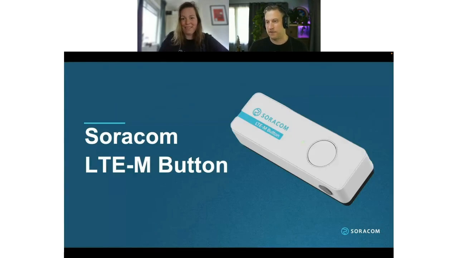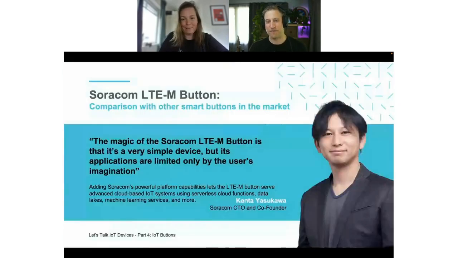So we made a button that fills certain use cases, and what's kind of neat is one of our founders, Kenta Yasukawa, I remember him talking about how he kept saying, we're going to make a magic button. And I'm like, what do you mean? And he's like, I really want to give people the ability to experience our connectivity platform, but help get them to dreaming faster and leveraging the platform sooner by giving them a button that just kickstarts some of these early